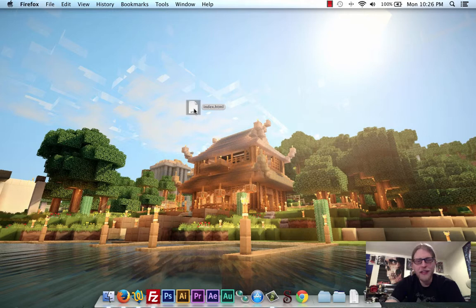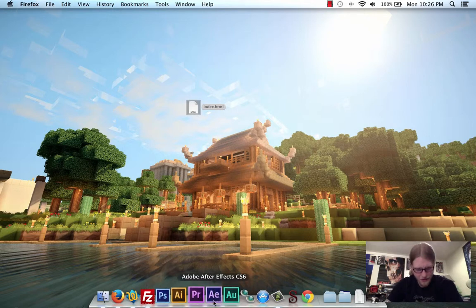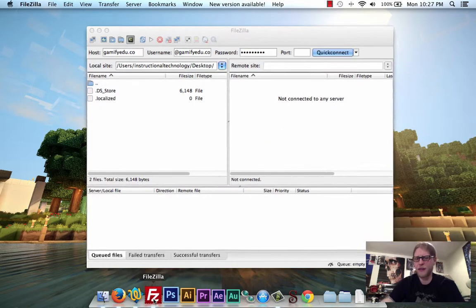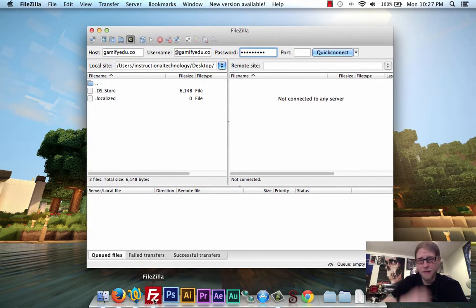Alright, so we just have an index file, and if you remember before, we're local, we're at home, we're just trying it in our browser. Well, we need to jump into something called FileZilla. So here's FileZilla, a free open source program that you go and download at FileZilla-project, I believe. And so you get into FileZilla, and of course you have to have a hosting server to make this all work. That's a different tutorial altogether, but in this instance, let's say you already have one,